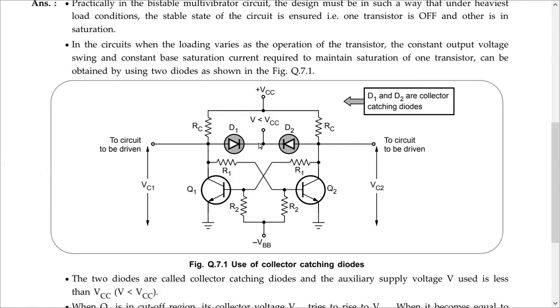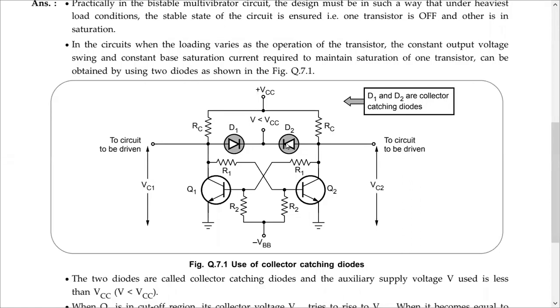When D1 turns on, what is the voltage across an on switch? Zero. The voltage across an on switch is zero. Voltage is nothing but potential difference, and potential difference zero means both the terminals are at the same potential, just like 5 minus 5 is 0, 4 minus 4 is 0. So across the switch we have the same potential.